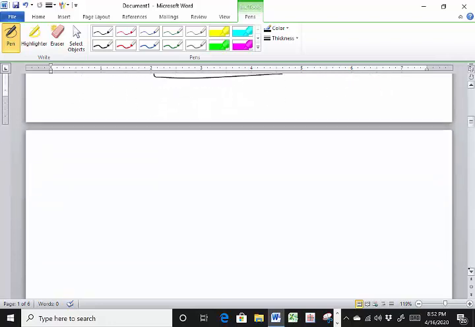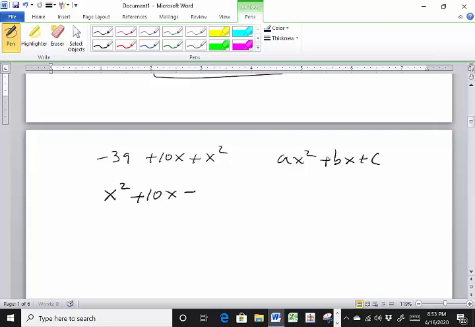Let's do another one. Let's say it's written this way, minus 39 plus 10x plus x squared. Now this may throw you off because it's not in the form ax squared plus bx plus c. So all you have to do is rearrange this. So write it as x squared plus 10x minus 39. Okay? Alright, so let's see here. Let's make our table. So minus 39